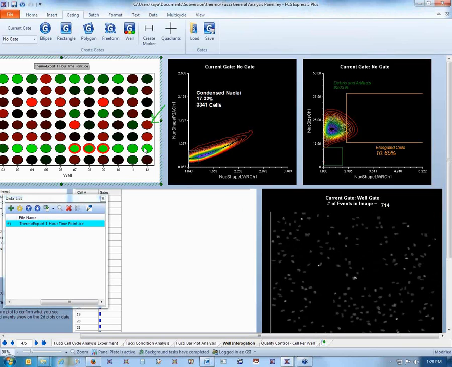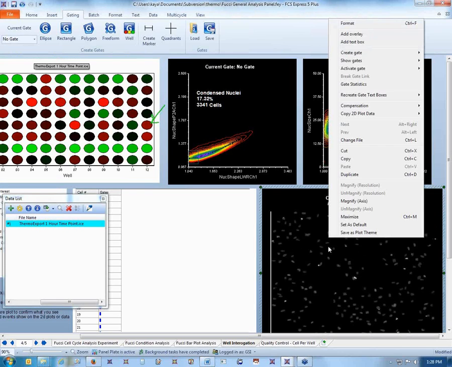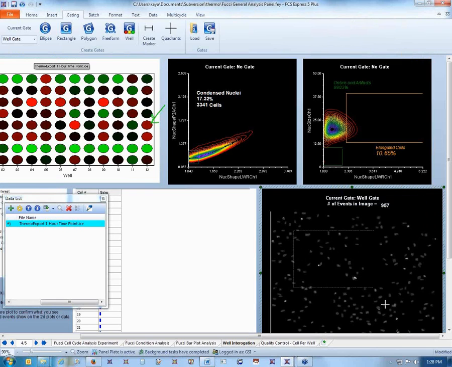I can even select a non-contiguous region. So this kind of facilitates your looking at replicates, for example. You don't have to merge your files. You can just draw a gate around your wells. All right. Let's zoom in a little bit here, just so we can see a little bit more detail on